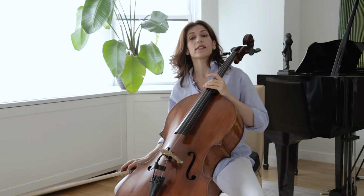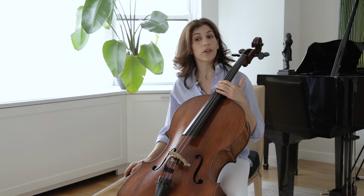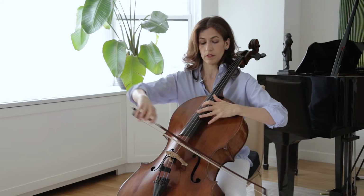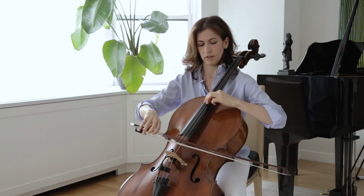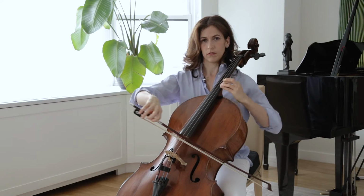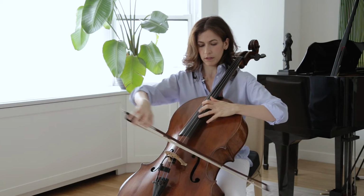When you have a fast passage with bigger intervals, like the one at rehearsal 30, figure out slowly when your shifts are and gradually increase speed. So. Etc. So, and then when you increase speed,